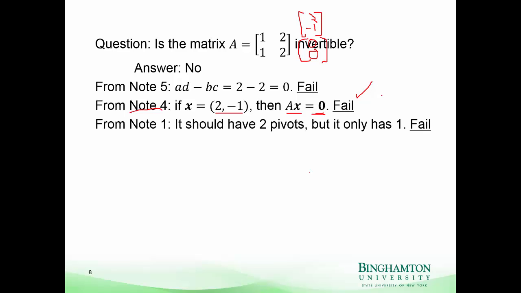And then from note 1, this is what I was starting to get at, we should have 2 pivots. But because of this 1, 2, 1, 2, we don't get a pivot in the second row, and so that's also a fail. And so also notice that the columns here, and we'll talk more about this later, the columns here are linearly